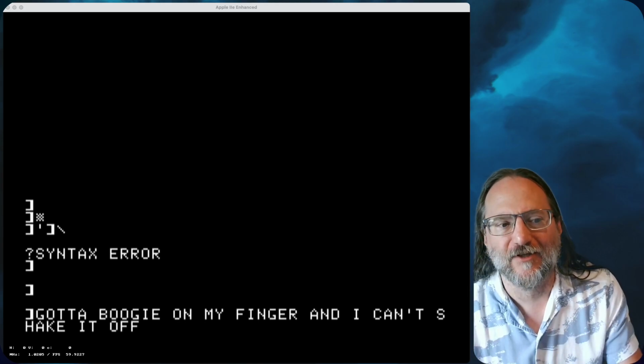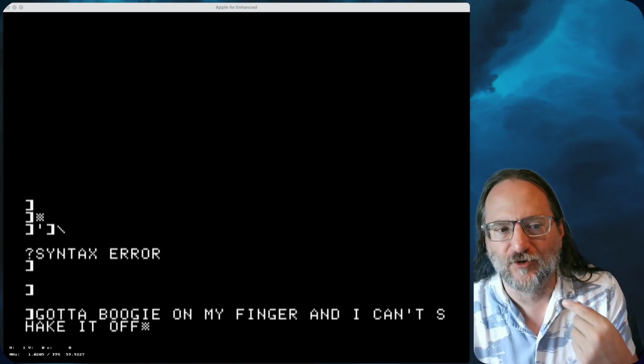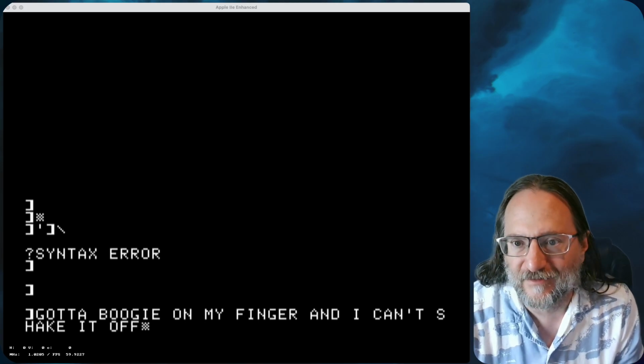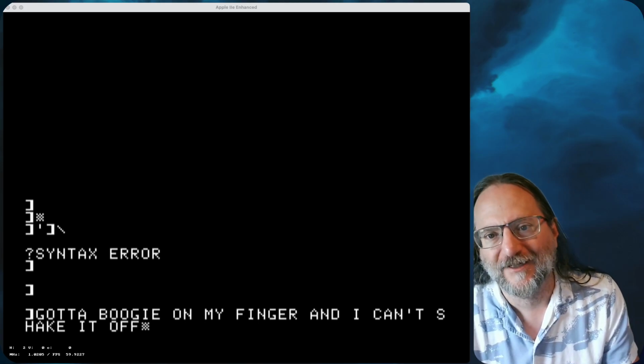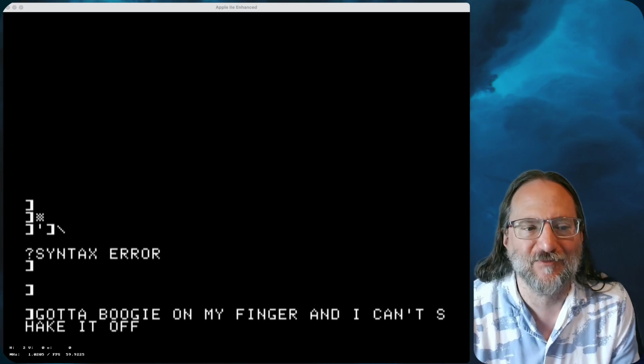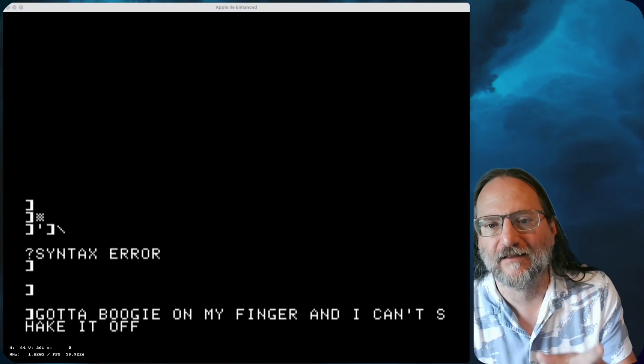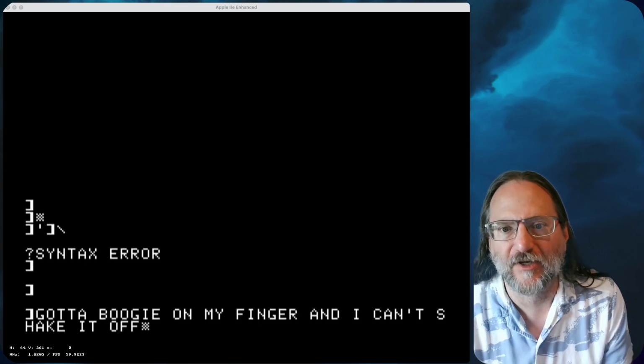So my goal is to emulate an Apple II, II Plus, IIe, and ultimately the IIGS, the 16-bit-ish Apple II series computer, and to do so on Mac, Windows, and Linux, to have it be cross-platform.